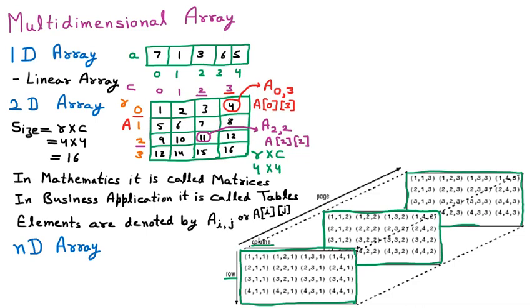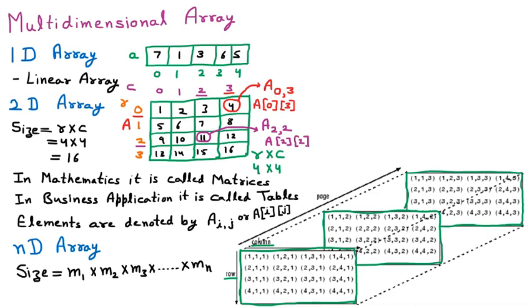Just assume there is one table, behind that we put another table, and behind that another table. This way we take all the tables one behind another. This is called the ND array, the n dimension array. Now let us suppose that there are multiple dimensions. Just like in 2D we have 2 dimensions, rows and columns, and in 1D we have only 1 dimension, only a row or only a column. In ND there can be multiple dimensions. So the size of the array will be the multiplication of all the dimensions.